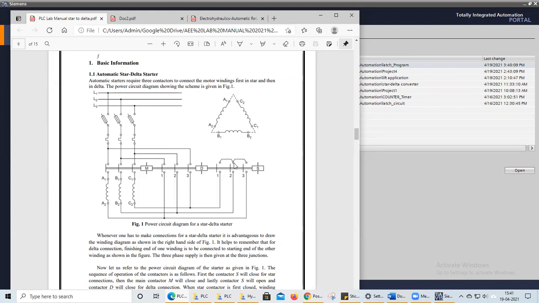After some time, this star is converted into delta with the help of this switching arrangement. This is our main coil, and this is one more coil we are having. For the motor we have three coils for the RYB phase, initially connected in the star connection.